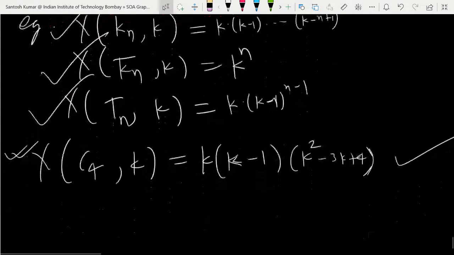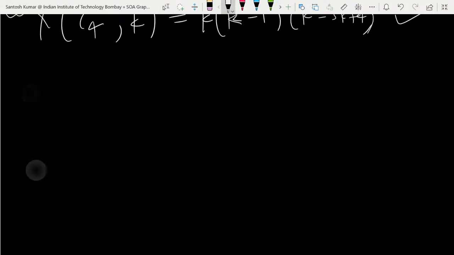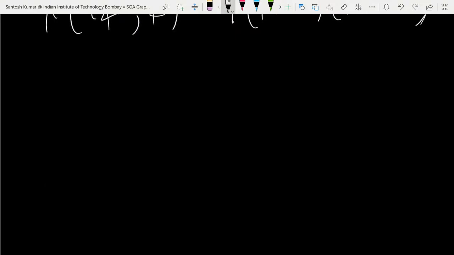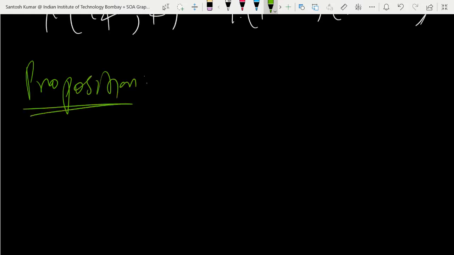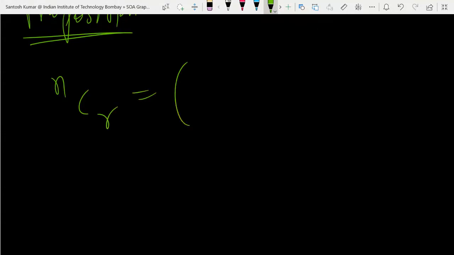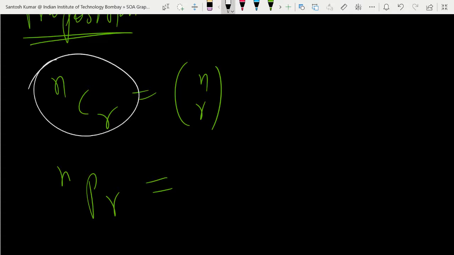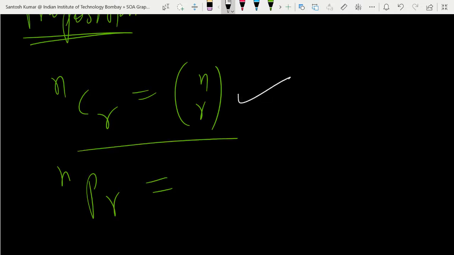Okay, so these four formulas we have. And now let me write one proposition. So actually in higher classes, what you see is nCr written as nCr. You might have seen this notation. And nPr is not written in the book. Like in NCERT in lower classes, like in intermediate, if you have gone through NCERT, you might see this notation. Or at intermediate level, Indian writers use this notation. But in foreign writers' books, they change the notation. So nCr they write in this way, n choose r.